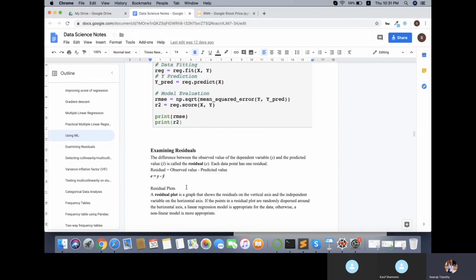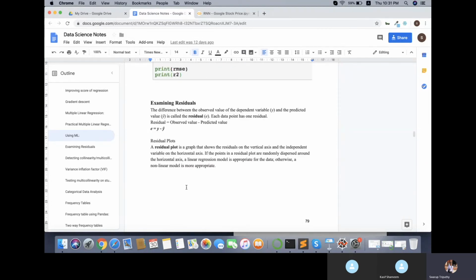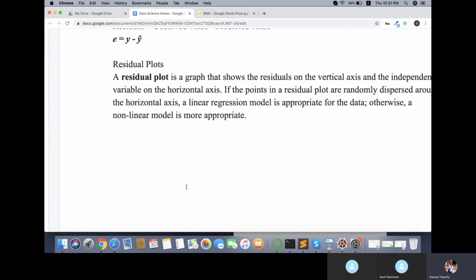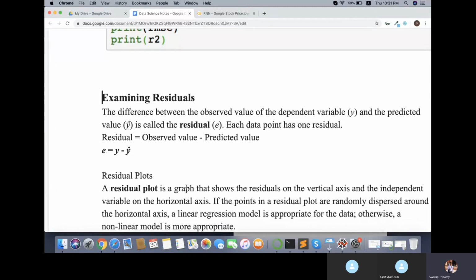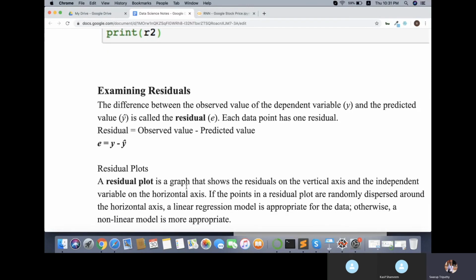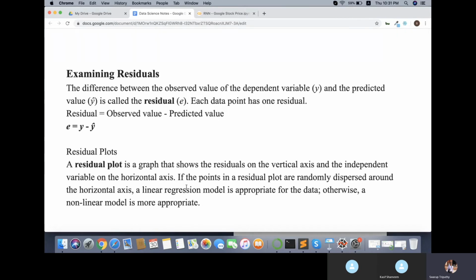So now today we'll see one more thing, to see if our model is a good fit for linear study or not. Here there is something called residual. Residual is nothing but error. We already know about this. So E equal to y minus y pred, that is, error equals y minus y pred. Now there is a plot called a residual plot. This residual plot is also used to evaluate if the model is a good fit for linear or not. Is it appropriate for linear models or for non-linear models? Means your data set is appropriate for linear or non-linear. That we can also figure out by residual plots.